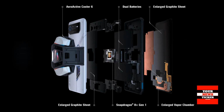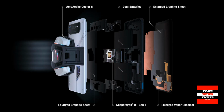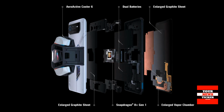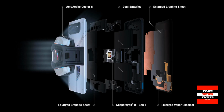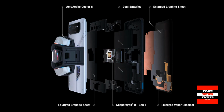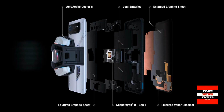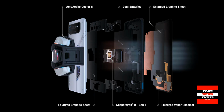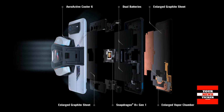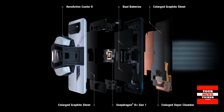Thermal. The ROG Phone 6 enhanced GameCool 6 cooling system has an optimized thermal design that cools the CPU from every direction. 3 separate cooling technologies are employed in GameCool 6 to increase stability of demanding games. The boron nitride BN thermal compound on one side of the CPU, for example, decreases thermal throttling during brief gaming sessions. Second, the larger vapor chamber and graphite sheets efficiently drain heat from the other side of the CPU during